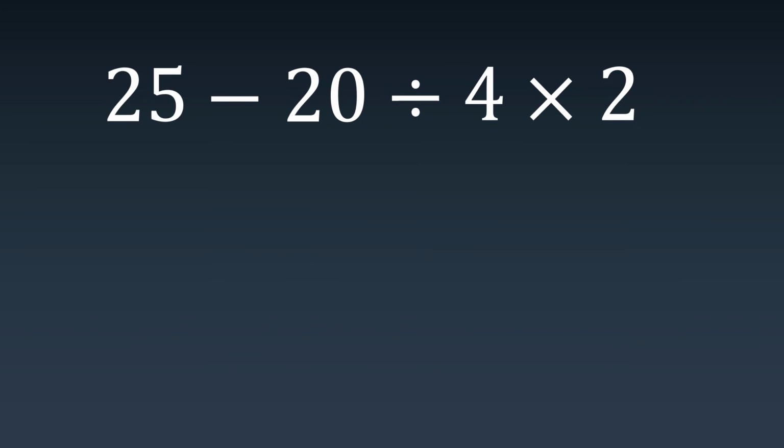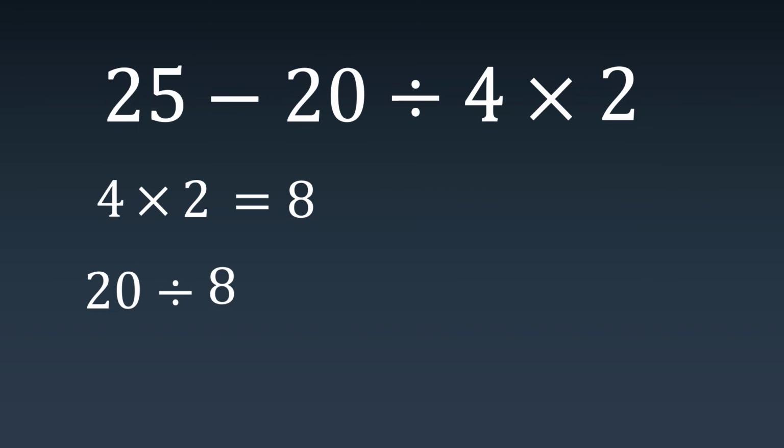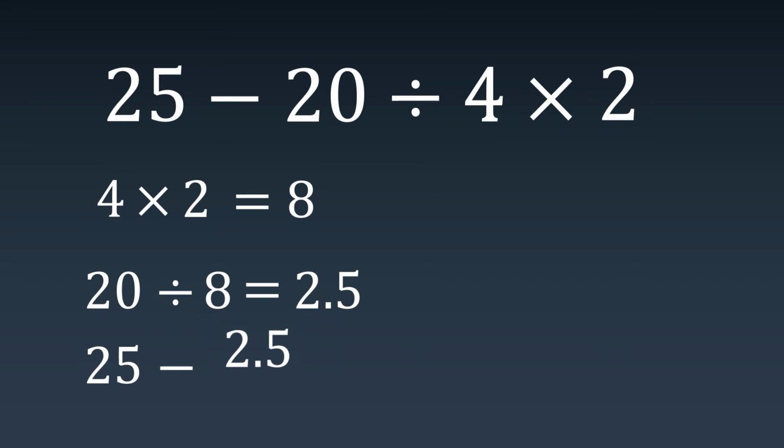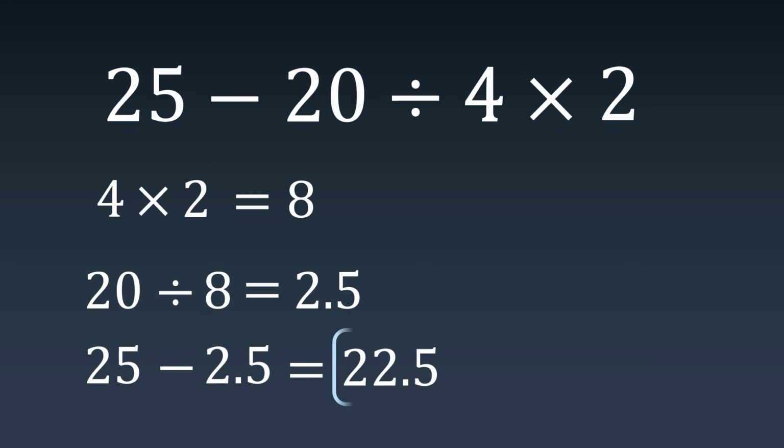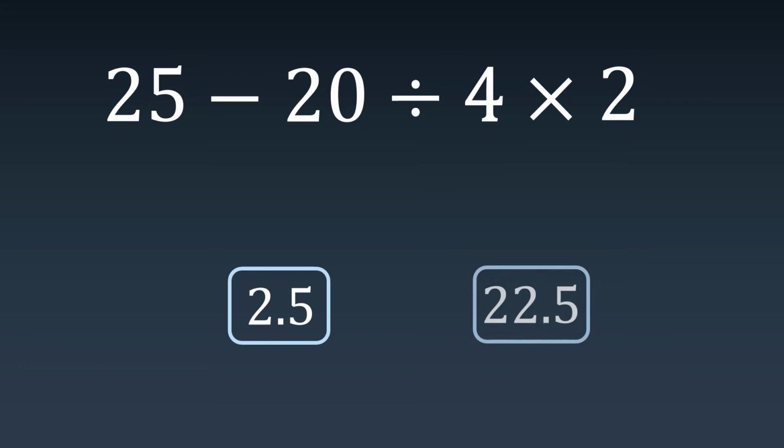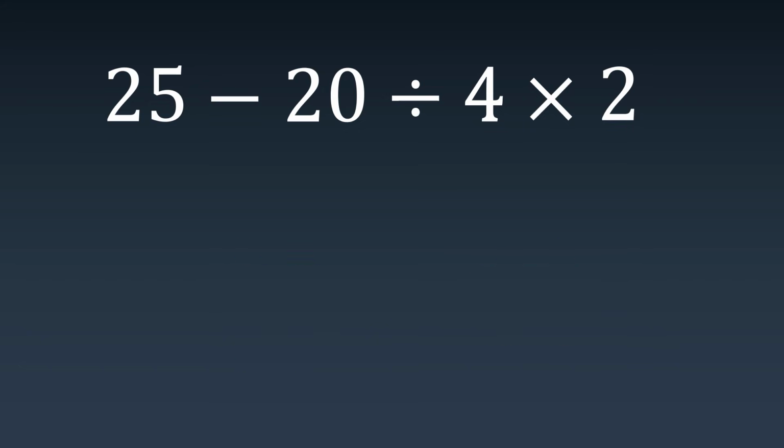Seems logical, right? Or maybe you thought to multiply first. 4 times 2 is 8. Then 20 divided by 8 is 2.5. And 25 minus 2.5 gives you 22.5. But here's the thing. Both of these answers are wrong, and it's all because of one simple rule we often